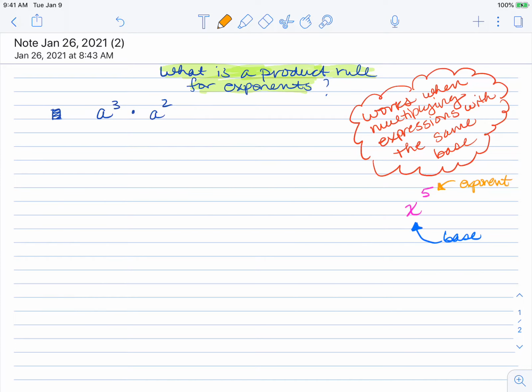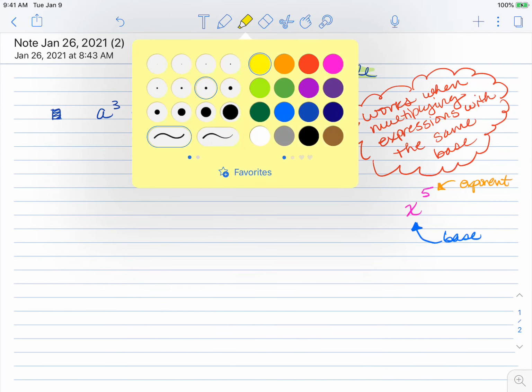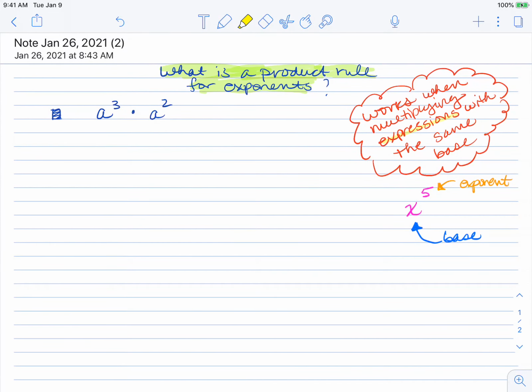So the key here is that if I want to use the product rule, we have to have the same base. So that's critical to what we're doing. I'm going to highlight that. So it's expressions with the same base right here. Okay. So now that we've arrived with that basic rule, we're going to talk about a to the third times